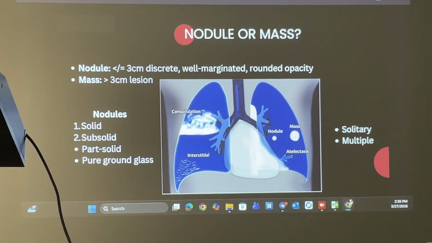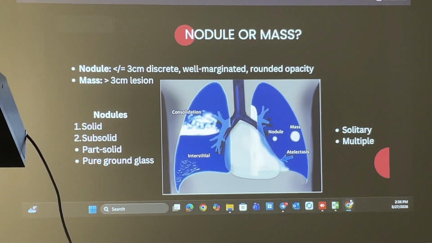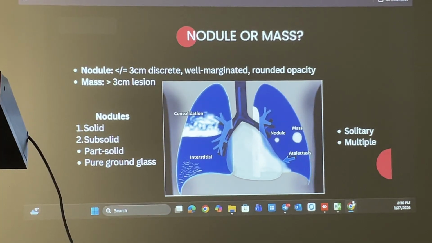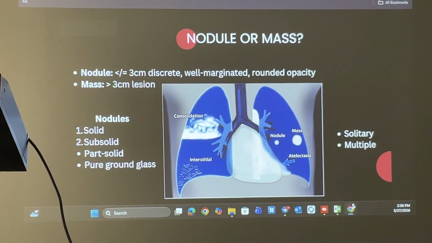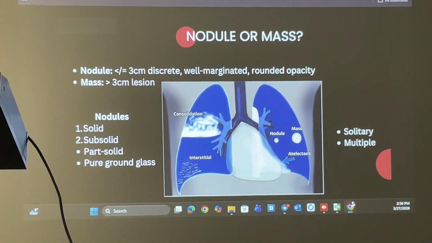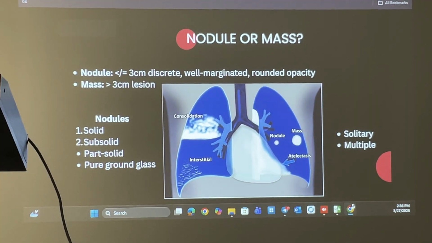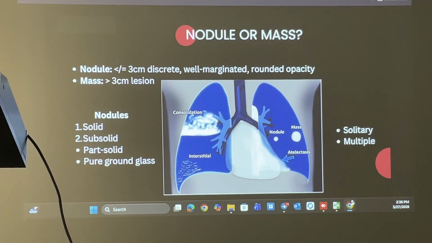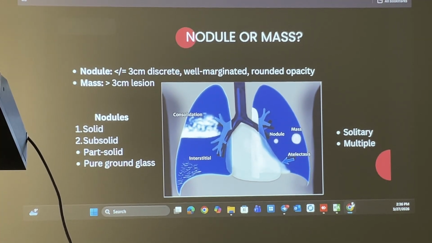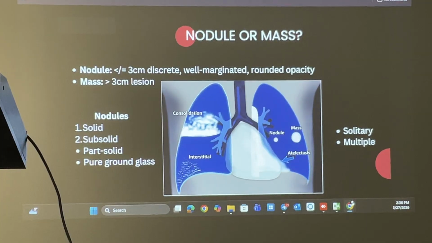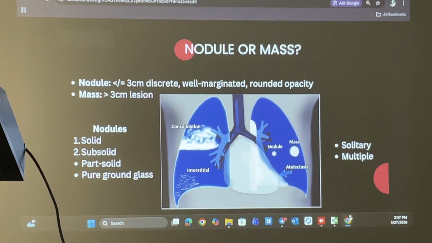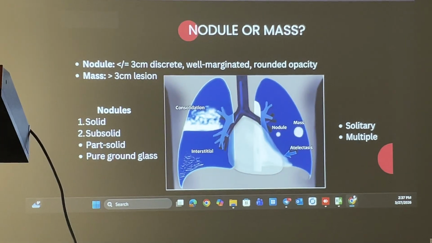Pulmonary nodules are frequently encountered incidentally on chest CT scans. The role of the radiologist is to separate between benign and possibly malignant lesions and advise on follow-up imaging or additional invasive imaging techniques. The pulmonary nodules can be divided into solid lesions and subsolid lesions, which can be further subdivided into part solid and pure ground glass nodules. And nodules can be described as solitary or